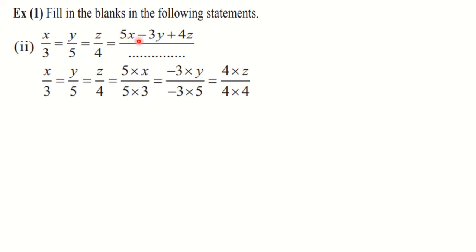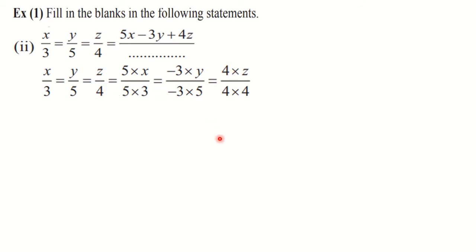Whatever you have to see, observe this, and accordingly you have to do the changes. See, 5x I wanted, so I multiplied both the places by 5. Okay, then what do I want? Minus 3y. So I have to multiply by minus 3 at both the places. Why by minus 3? Because in the theorem we have seen that we can add. So that is why if a minus sign is there, you have to multiply by that minus number only. So here multiplying both the places by minus 3, and here multiplying both the places, numerator as well as denominator, by 4.